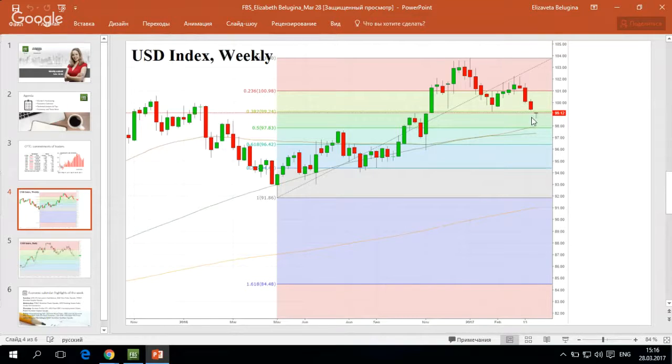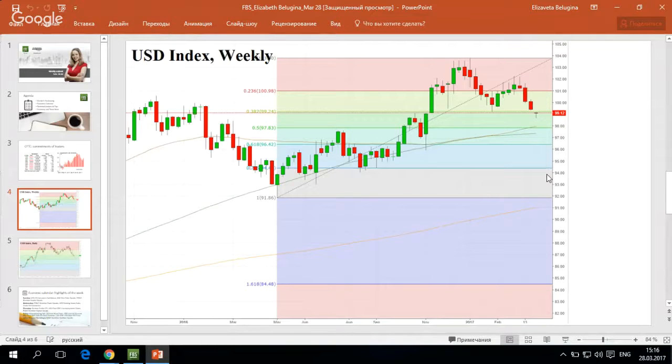We are now testing levels below the 38.2% Fibonacci retracement of the May-December advance of the US dollar, and if the US currency stays below this level located at 99.24, then according to the weekly chart we can see that the next Fibonacci level of the 50% retracement is